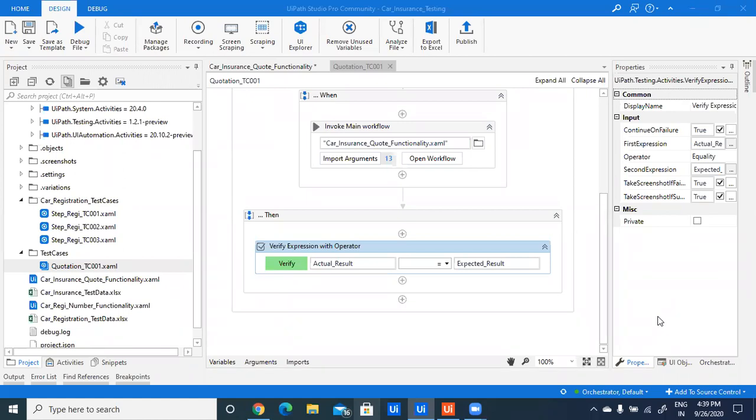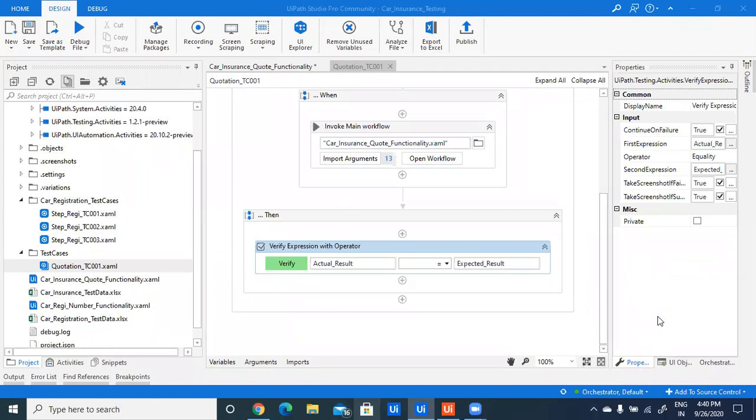Snehal is asking, how can we integrate the test manager tool with Jira? You mean to ask how to integrate Jira with UiPath, Snehal? Snehal, you can unmute and ask as well. Snehal, you are on mute.